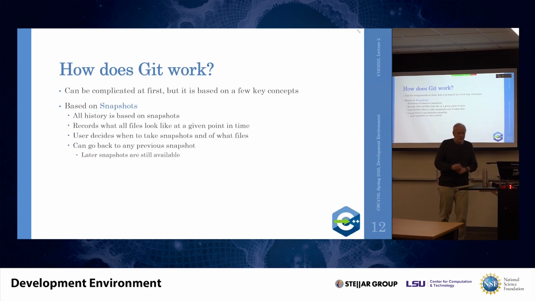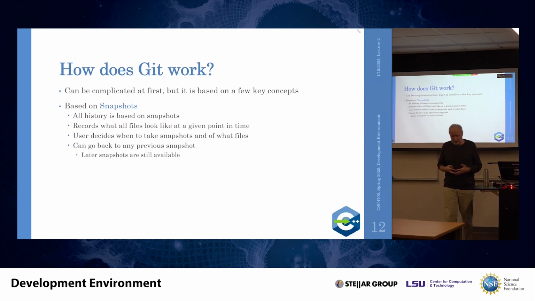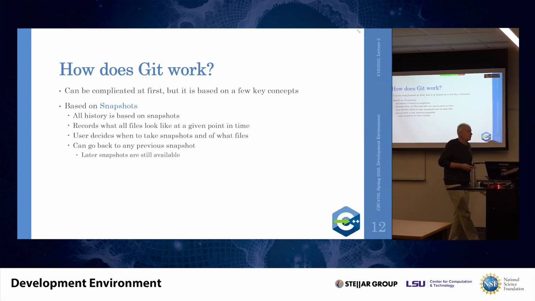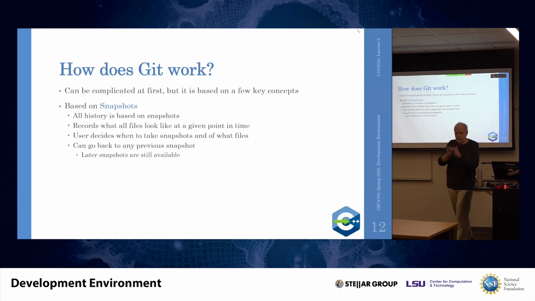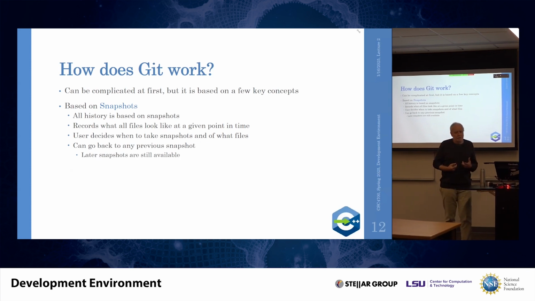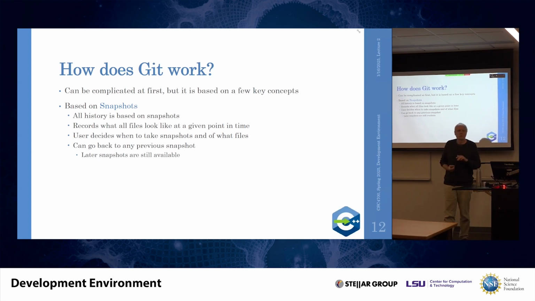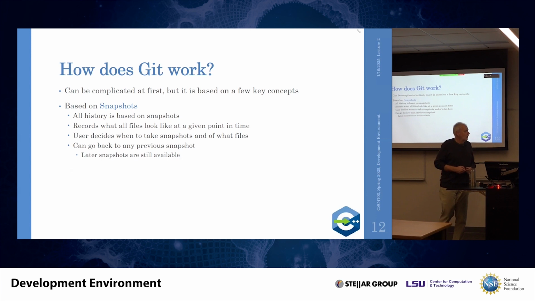Okay, so how does Git work? There are a couple of concepts I would like to introduce because they are necessary to understand what Git is and how Git works. The first concept, and that's the most important one, is a snapshot. Everything in Git is based on snapshots. Essentially, all the history is based on snapshots of the version of the file over time. A snapshot describes the state of all the files in the project at any given point in time. And that allows you to build that timeline of changes and allows you to go back and things like that.